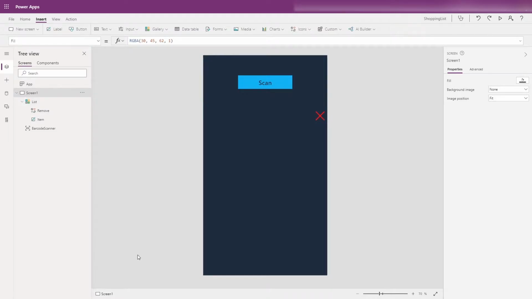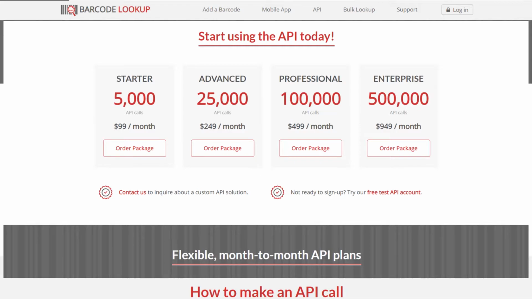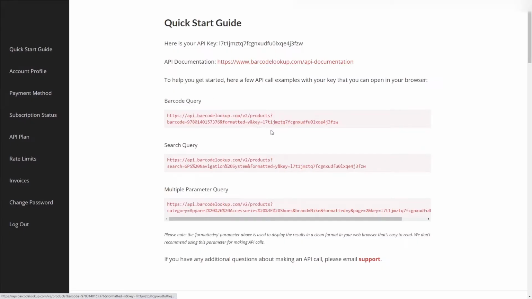Great. So now that we have our screen set up, let's move over to BarcodeLookup.com and sign up for their test API. And once you're logged in, there'll be a link to the documentation and a quick example of how the barcode query can work. And that's how we're going to build ours. You can see this URL is already formatted for us to return the results for this barcode using our API key. And if we click on that,